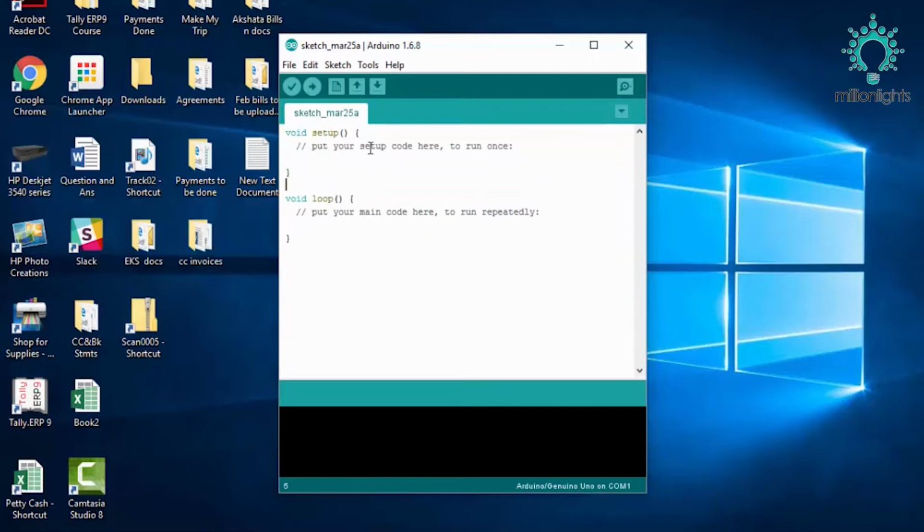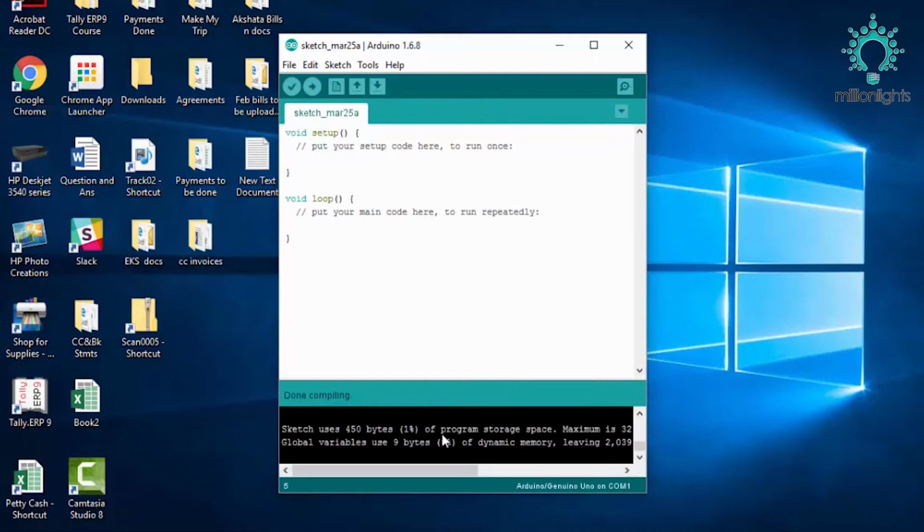After writing this code, we have to check whether the code is correct or not. Just as in English we check for grammatical errors, similarly we have to check for syntactical errors. That is checked with the help of this verify button. When we click it, it checks whether there are any syntactical errors, and if errors are available, the message is displayed in this black area. If there is some error, it will be displayed, and if there is no error, then it will tell you the memory that is required and the variables which they occupy. So in this black area, error and status messages will be given.